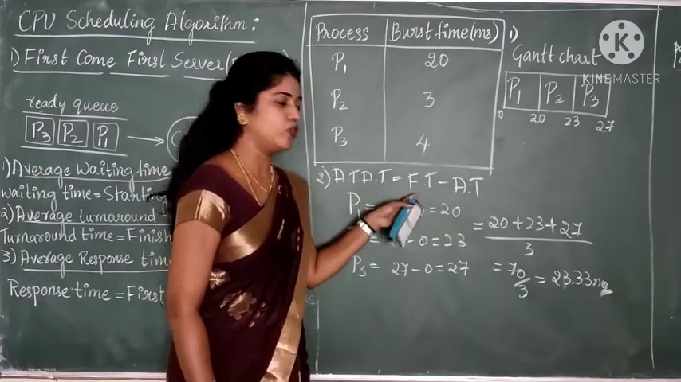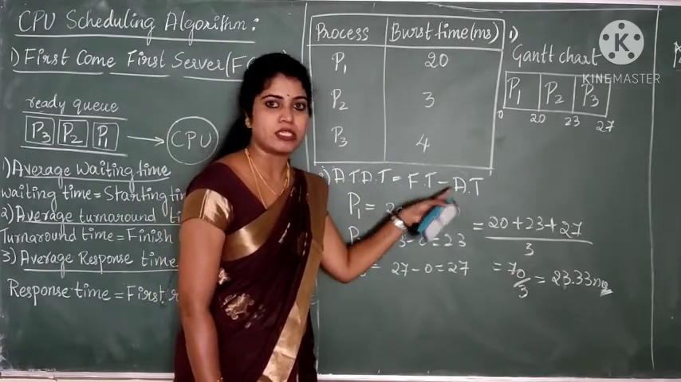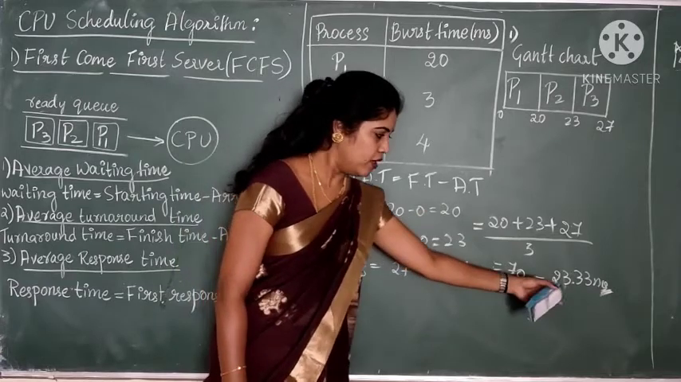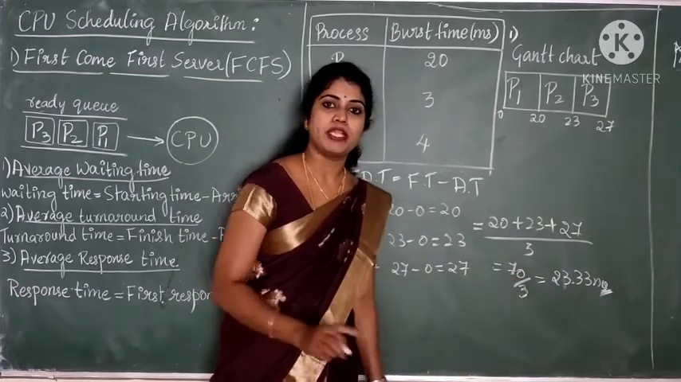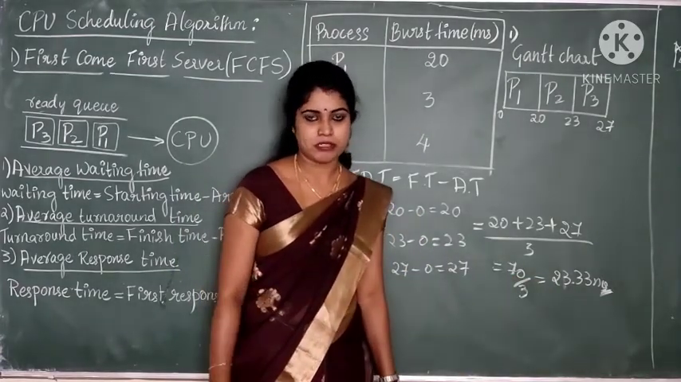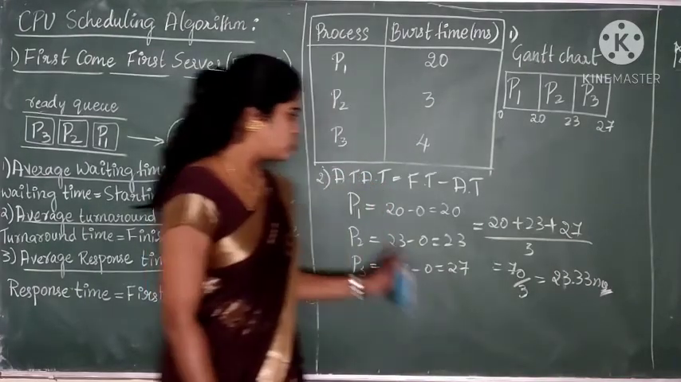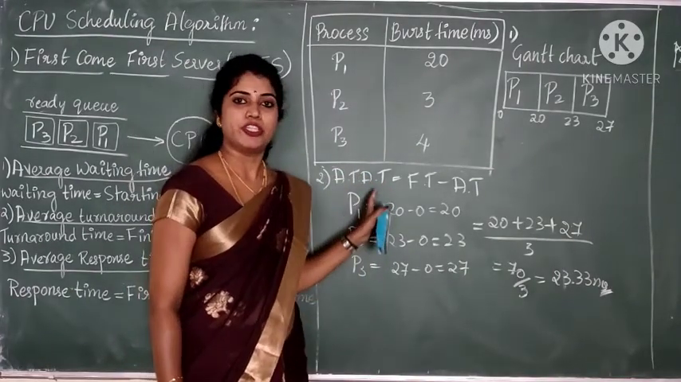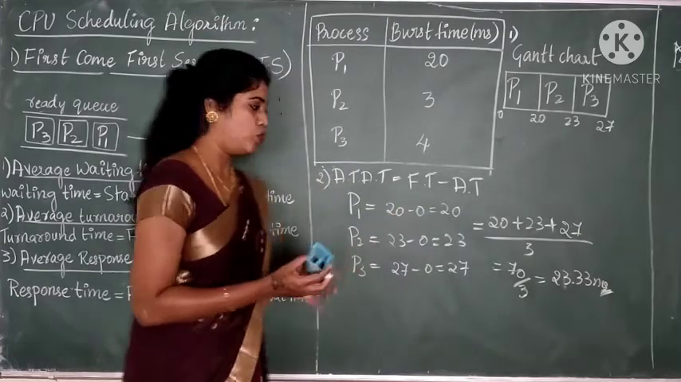Average turnaround time by using the formula finish time minus arrival time, you will get an average turnaround time equal to 23.33 milliseconds. Okay, I hope you can understand. So this is the way you calculate average turnaround time. And the last one,